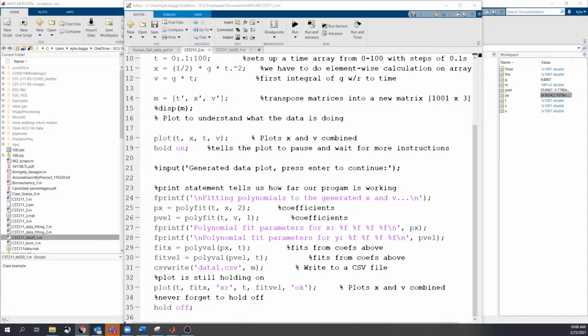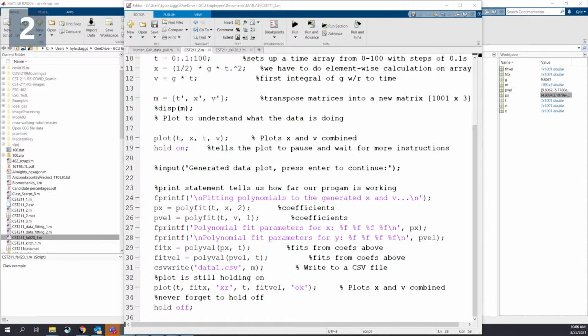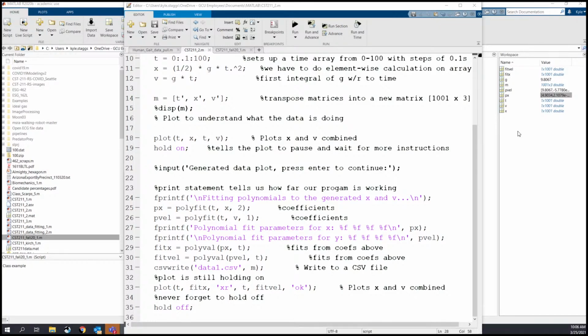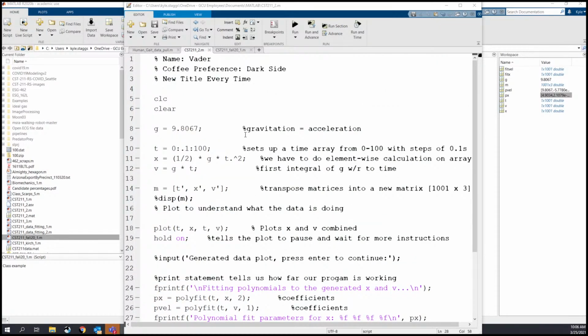Yeah, a couple of you guys dropped in a little bit late. G is 9.8067, so it's just gravitation, and up at the very top, CLC and clear, and of course your authorship information,